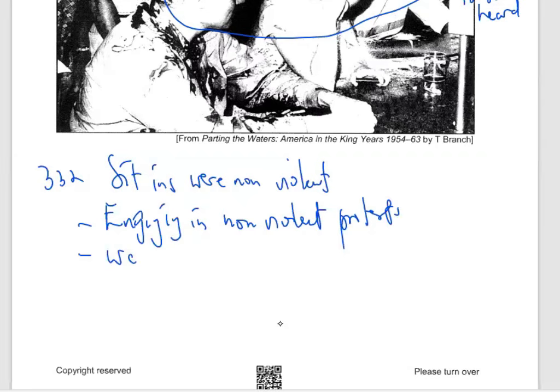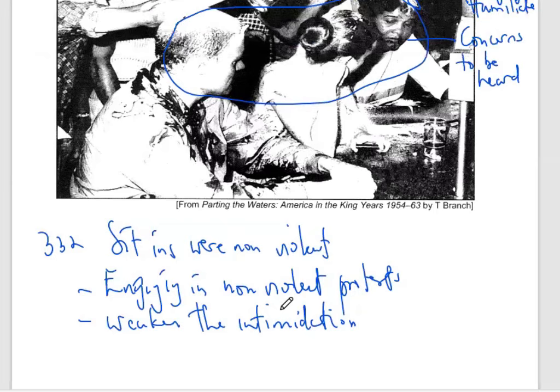Or in other words, you can say they wanted to weaken the intimidation. If someone intimidates you and you don't fight them back, then all of a sudden they will realize that they're not doing good. You do bad to someone expecting that they will fight back, and they don't fight back. Then you will become weak in your struggle against that person. You are fighting against someone who is fighting for their own rights. Then it was going to weaken the intimidation by the whites.